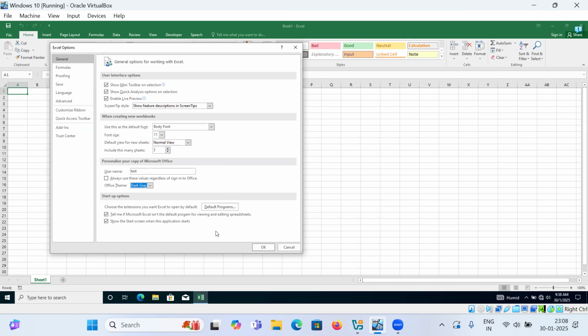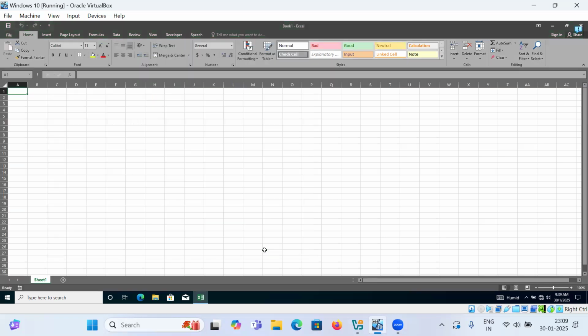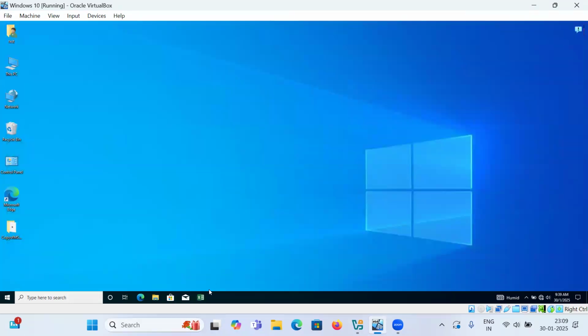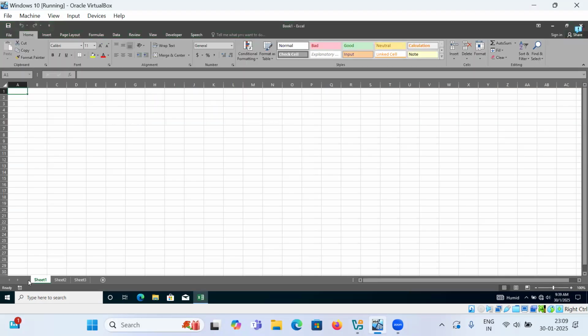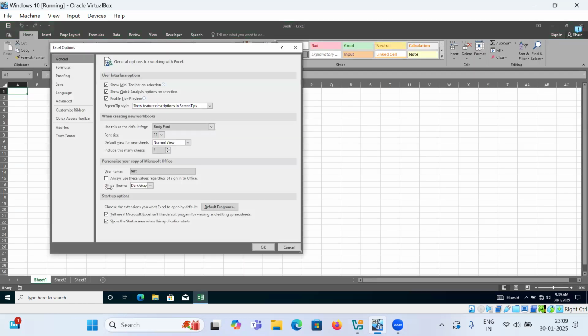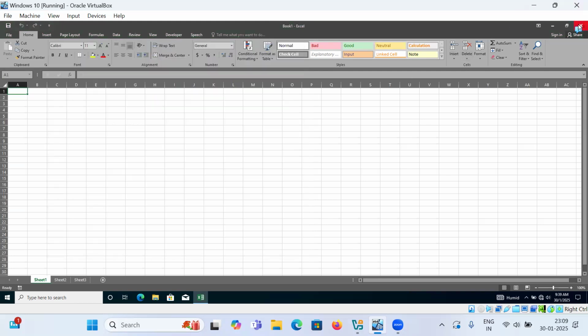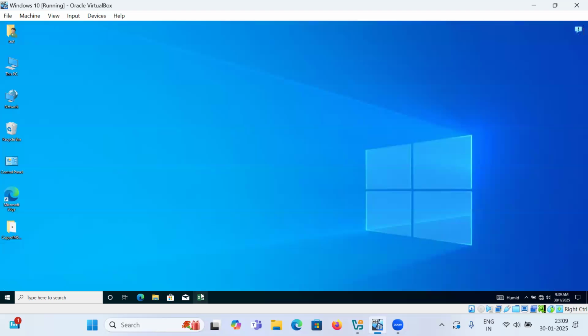So let's see. We have made changes to this, and we have changed the theme. The theme is changed automatically, but the sheets have not appeared. So to make the changes take effect, you have to reopen Excel. So there you can see three sheets, and also for the startup screen, you can turn it off from here. So next time you open, you won't see the startup screen, just a blank new sheet,